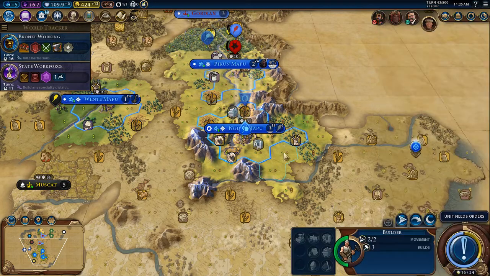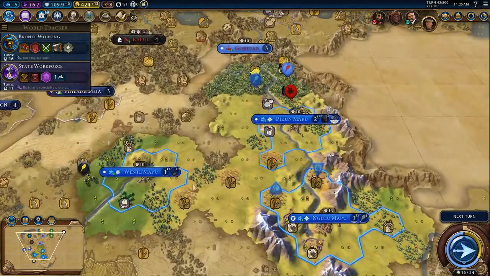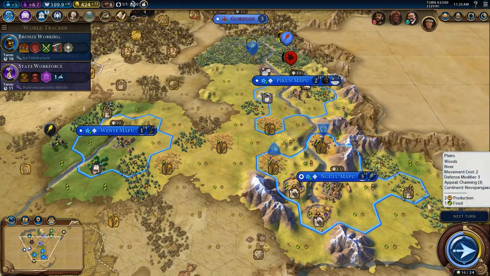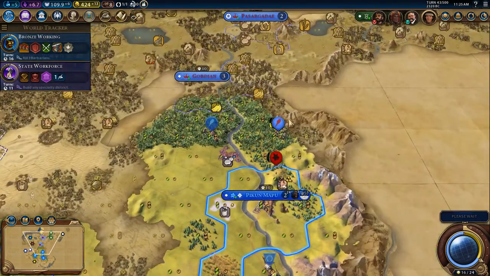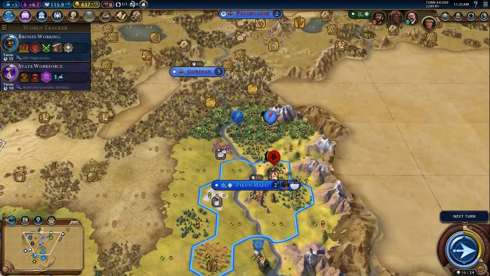I think I'll get another warrior out here real quick. We will get our wheat, and then we're going to send him over here and get a couple boosts for Wente Mapu. It would really benefit me if I can take this guy out and not the Persians. Alright, so I'm going to drop a farm there, sneak over here, see if we can't get this